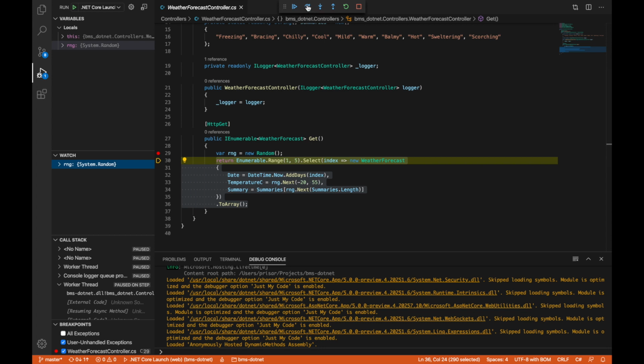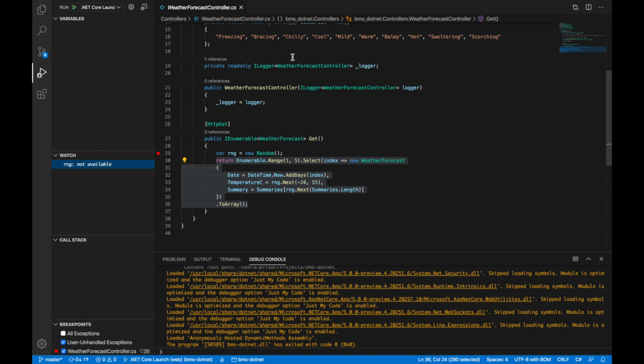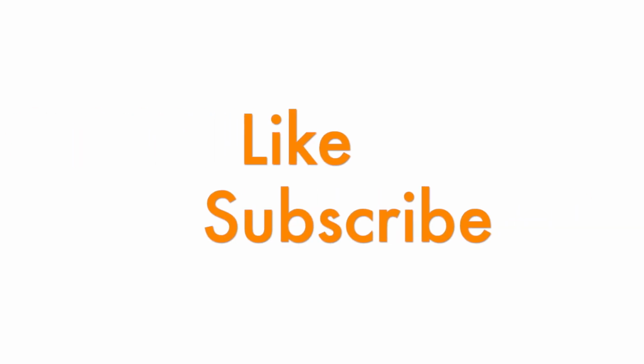You can see the options and the shortcuts also given. F11 is for stepping into the function, F10 is step over, and you can step out with Shift F11, depending on the operating system you have. And there is a shortcut for stopping, which is you can either press this one, or you can also press Shift F5, so that will also stop the debugging process.